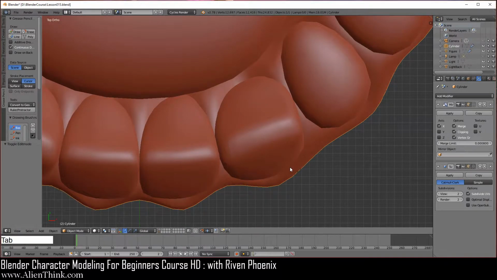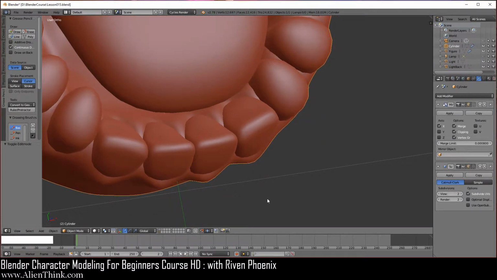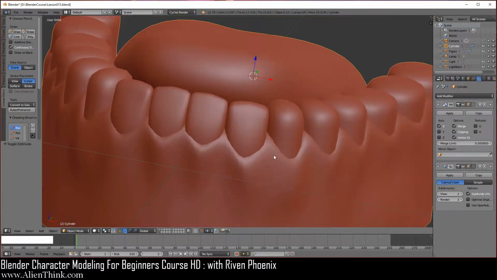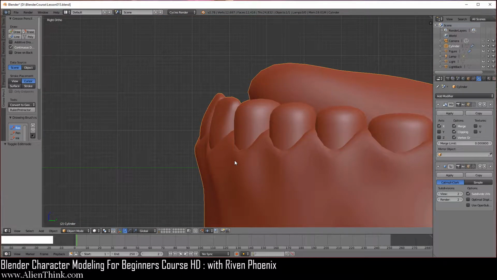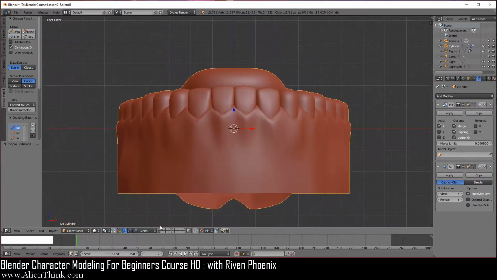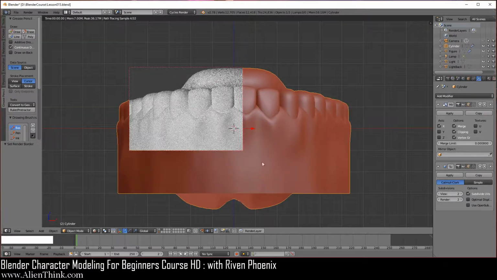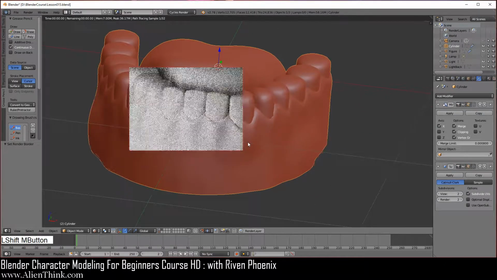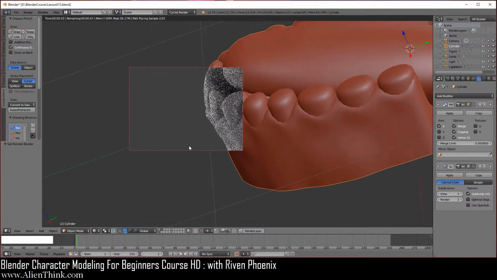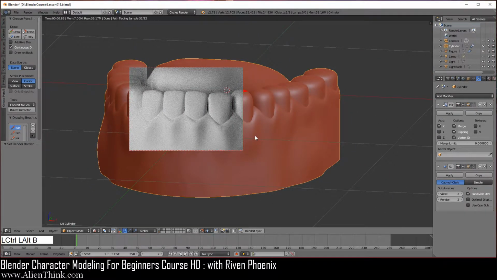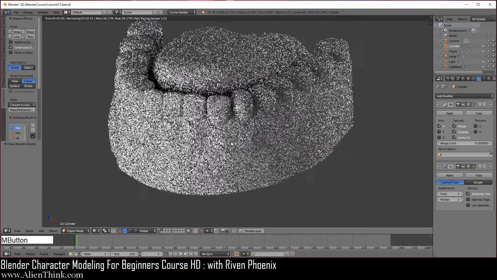So now if I do tab over here, you'll see that it's just going to look much better. If I do the 1 key, this is starting to look really nice. Again, you can see it from the side. You can click on 1, or you can simply hold the shift key down, bring this in and switch to the rendered mode. And we can even do Control B and draw a box to do a quick look like this, just to make it a little faster if you want. And then Control Alt B to get rid of that whole thing.